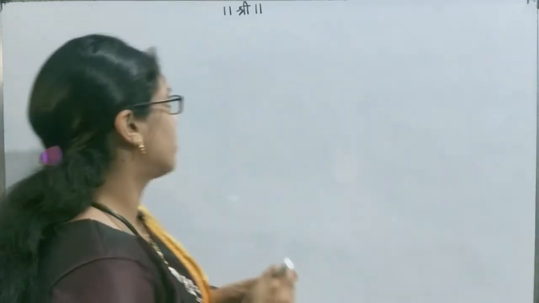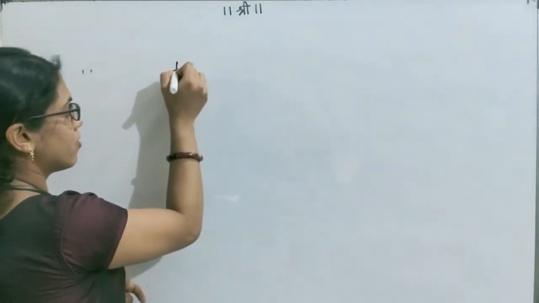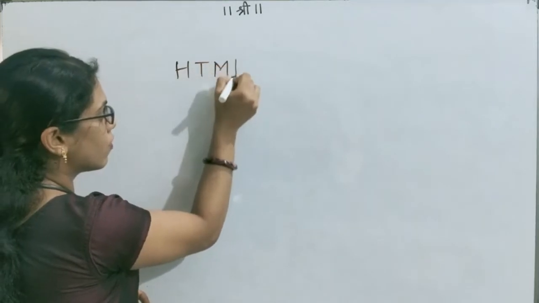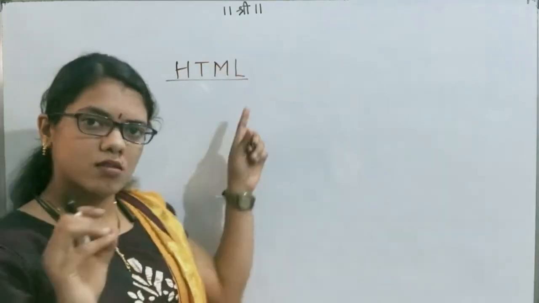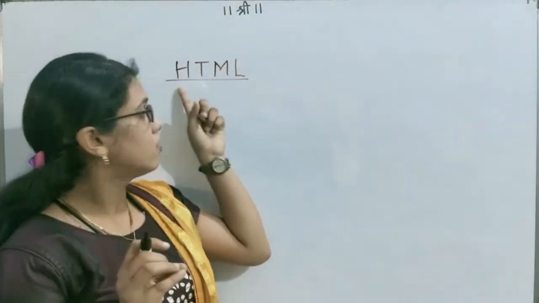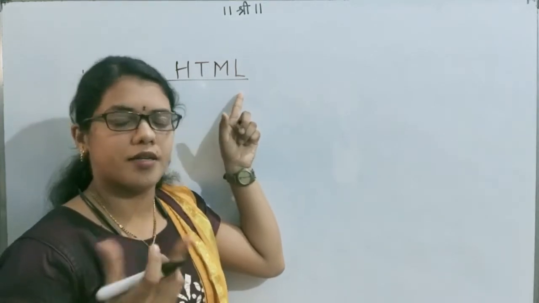Generally a question is asked: what is HTML, what are the advantages of HTML, or what are the disadvantages of HTML, and many more. But one question is common in the theory part: what is HTML, and for that only 1 mark is there. For 1 mark you just have to give the full form of HTML and its meaning.